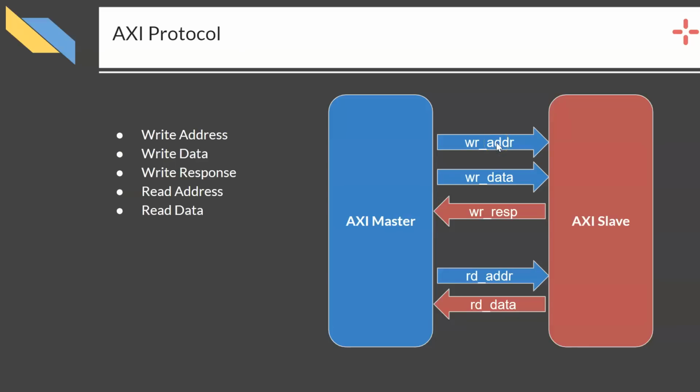The different transactions that are sent across different channels get synchronized in the master and slave by using an ID field. So the write address and data can be sent in any order, out of order. There is no requirement for ordering between these, but everything should be synchronized at the source and destination by using the ID field within them.